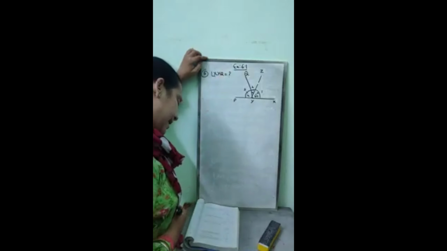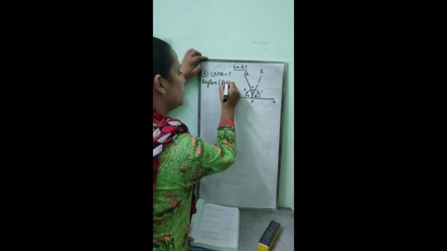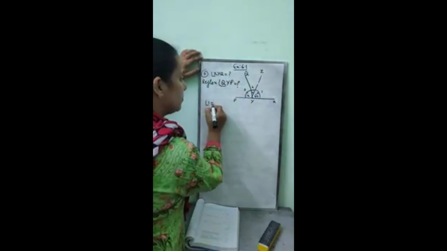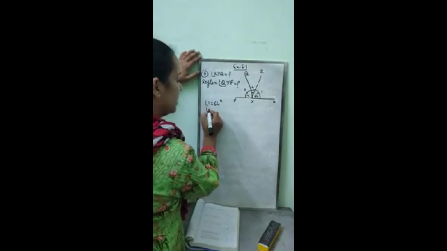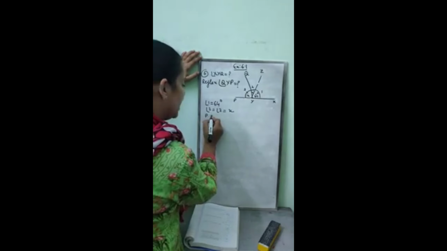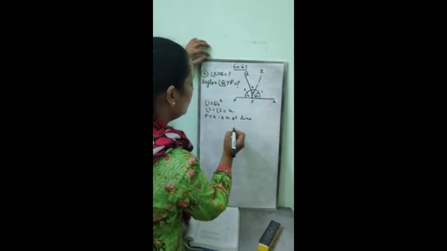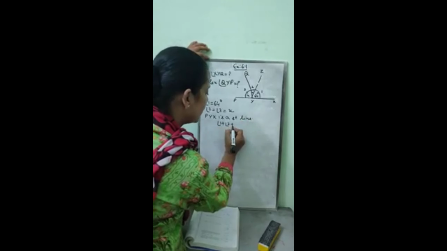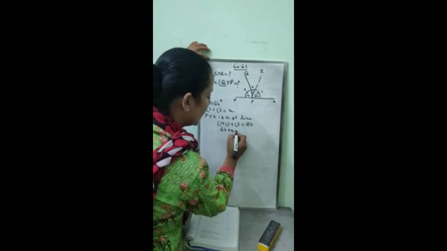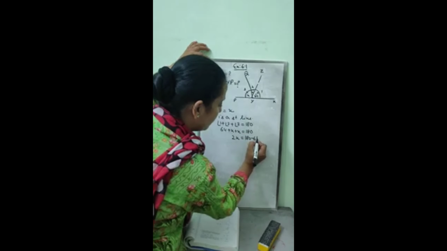Now our job is to find angle XYQ, question mark, and the reflex of angle QYP. These two angles. Angle 1 is 64 degrees. Angle 2 and 3 are equal. Let these two angles be x. PYX is a straight line. So the sum of these three angles is 180 degrees. Angle 1 is 64 plus 2x is 180. 2x is 180 minus 64.